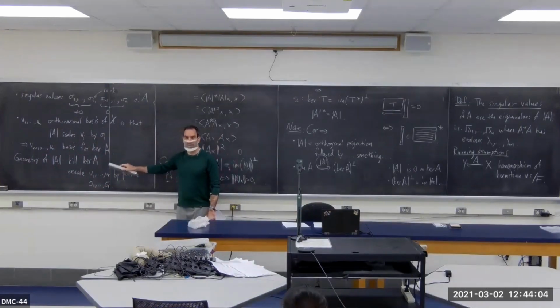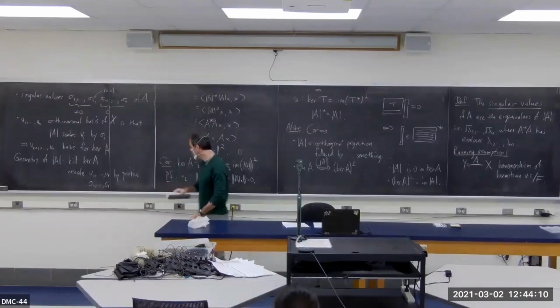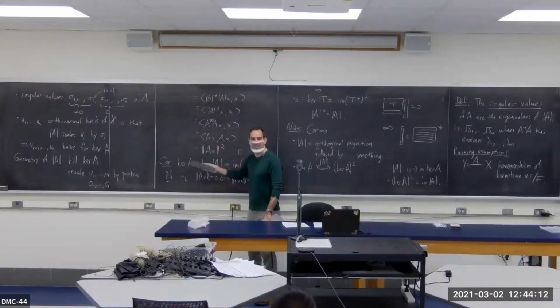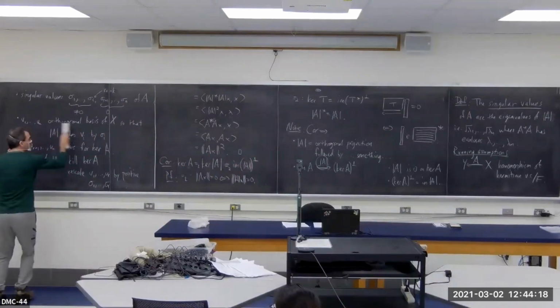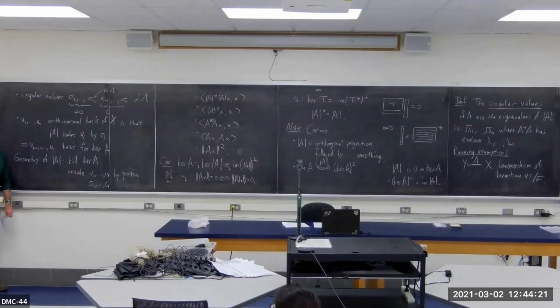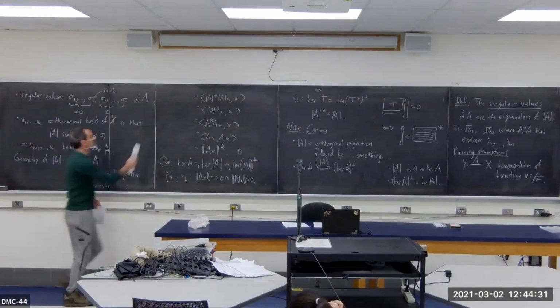You're going to do an orthogonal projection that's going to kill the kernel of A, not just the kernel of the modulus of A, but the kernel of A. Those are the same subspace, so that's not so bad. You do an orthogonal projection, because remember, v1 up through vn is an orthonormal basis. So you kill the last bunch of these, and then you rescale the other ones by positive constants. This is a simple thing to do. We can draw a picture,